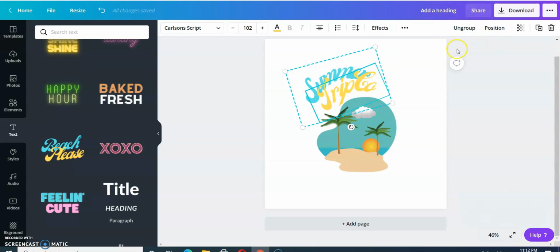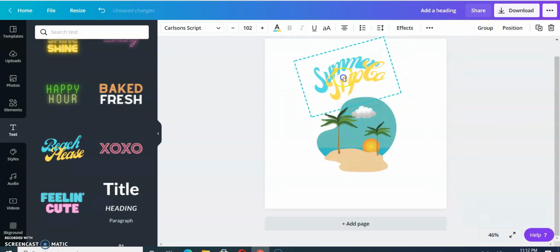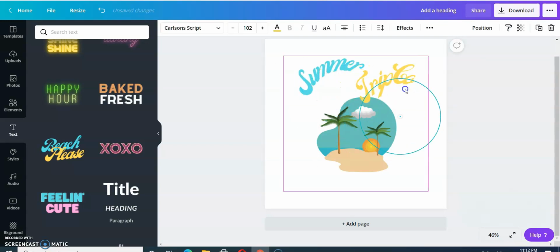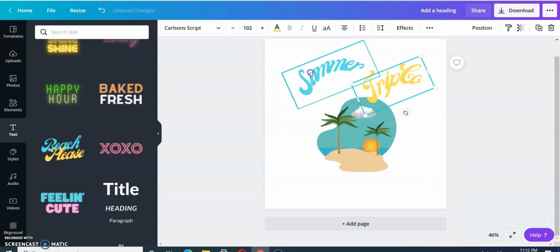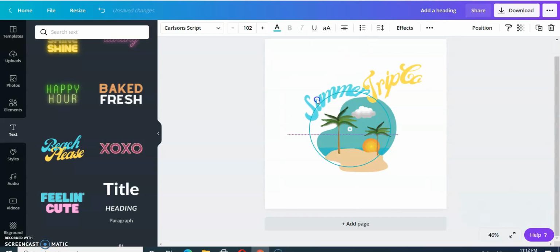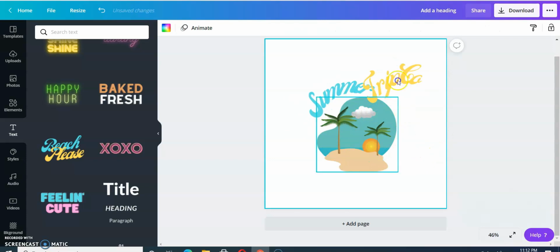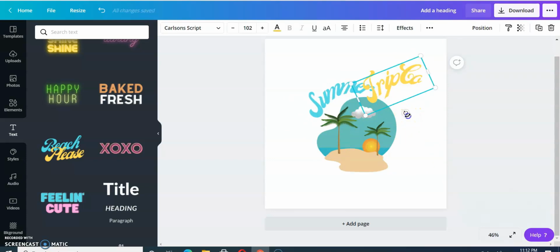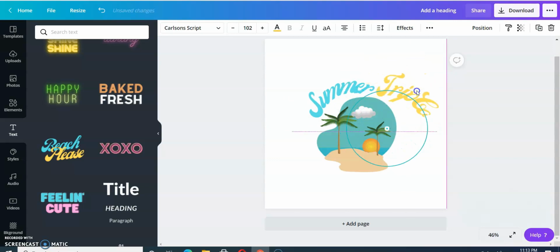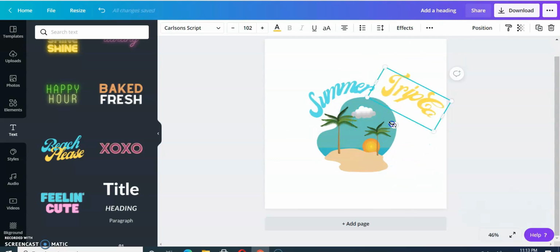Let's first ungroup it, and select this element only. I will make this summer word closer to the element, and then I will adjust this other word tripco